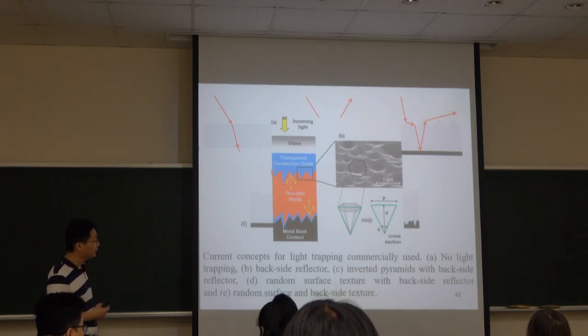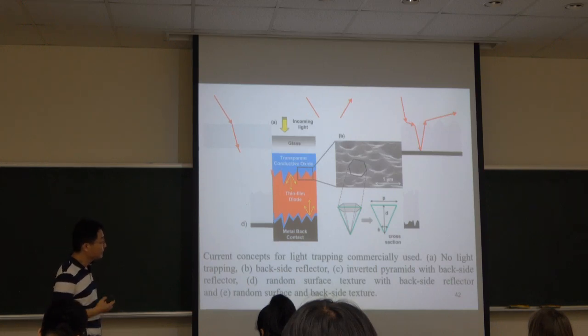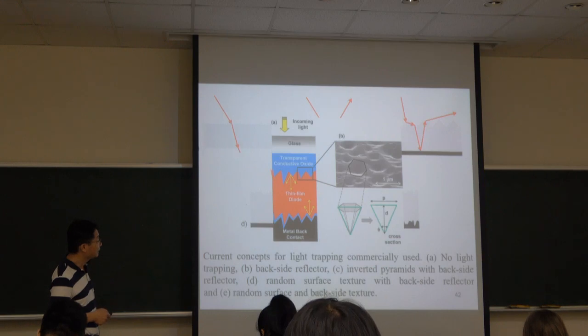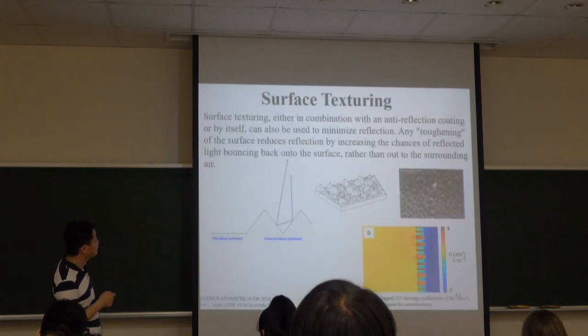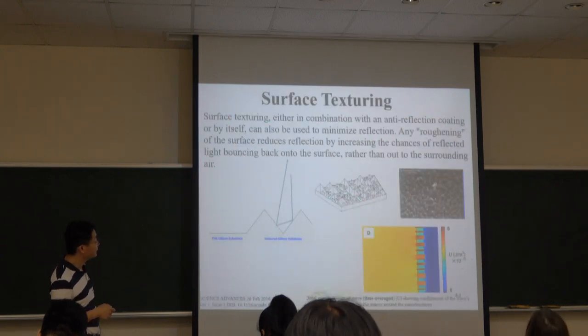kind of surface morphology can attract the optimal light absorption. So this is some example that you can take as reference. This is a surface texturing, just like